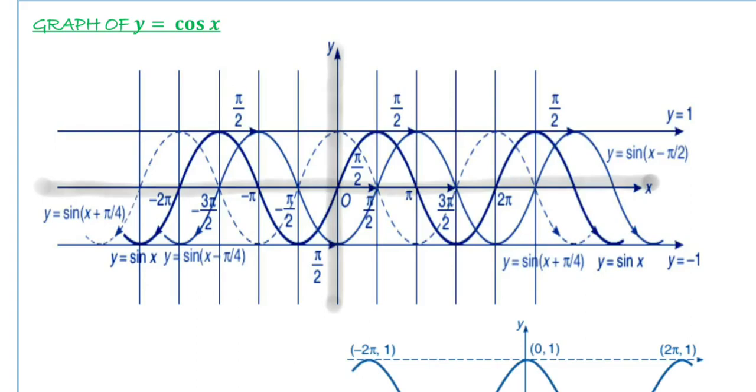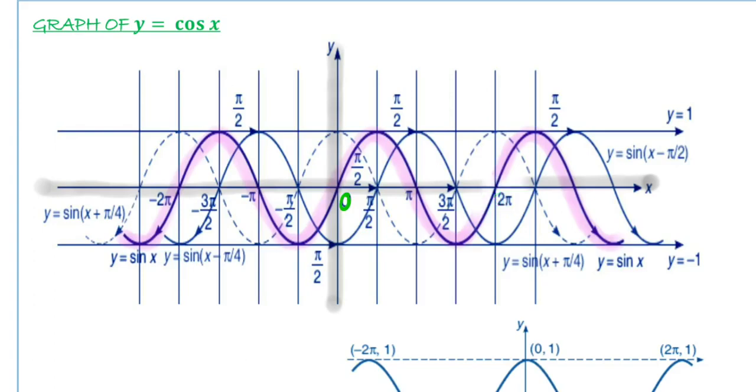This is the graph of the function we are talking about. We have already seen how we can plot the graph of the function y is equal to sin of x. What we have done is plot the graph from 0 to 2 pi, and we have extended this graph